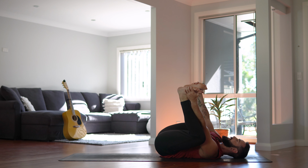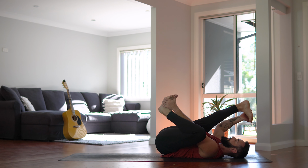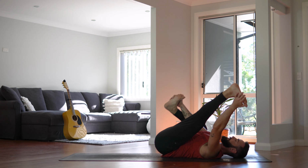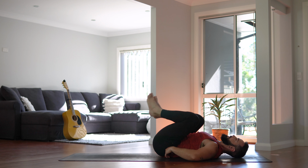Little movement from side to side. Massage through the low back. Maybe you work to straighten your right leg, followed by the left. If that feels okay, maybe you straddle both the legs. And as you work to release yourself down onto the mat,